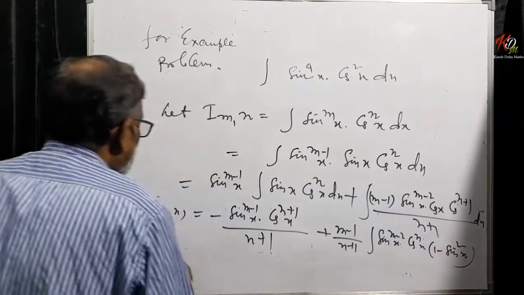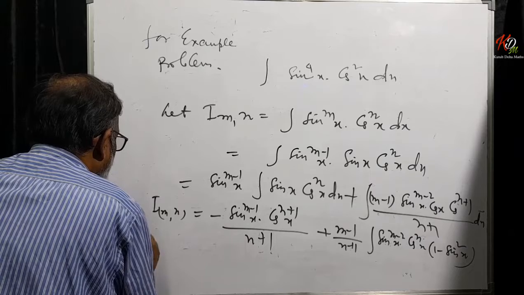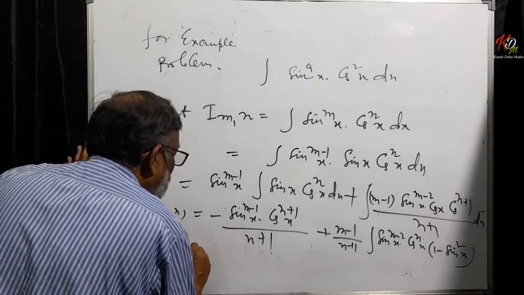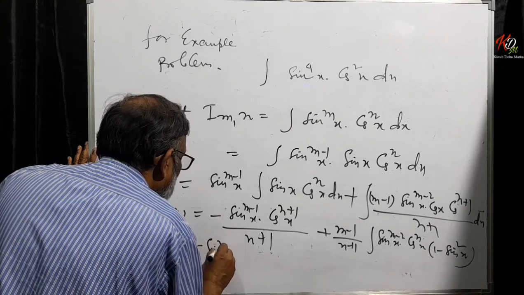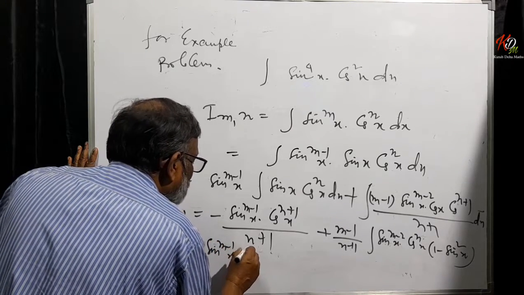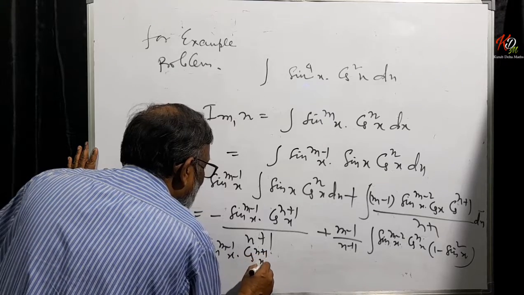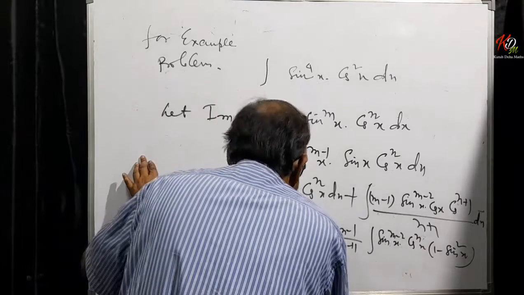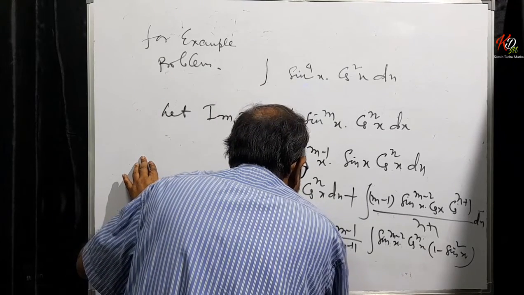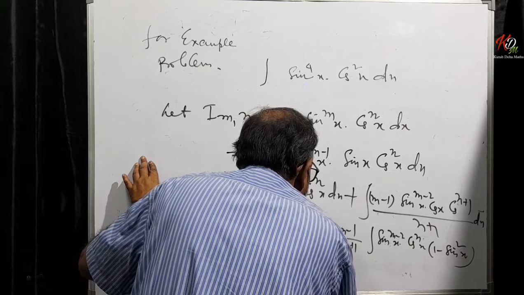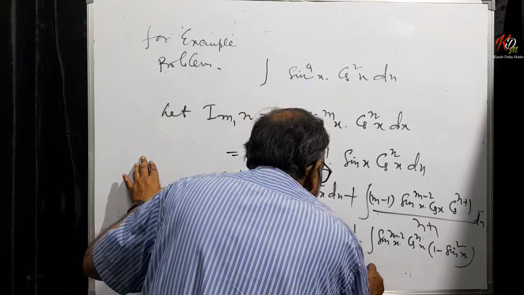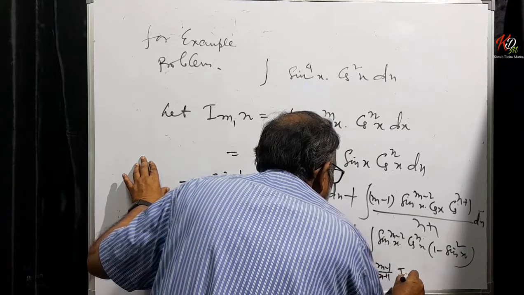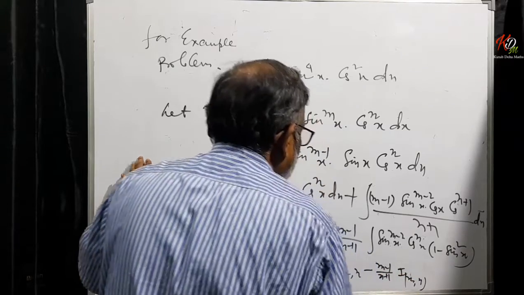So the final result will be I m n equal to sin to the power m minus 1 x cos to the power n plus 1 x by n plus 1, plus m minus 1 by n plus 1 I m minus 2 n, minus m minus 1 by n plus 1 I m n, and transposing we have